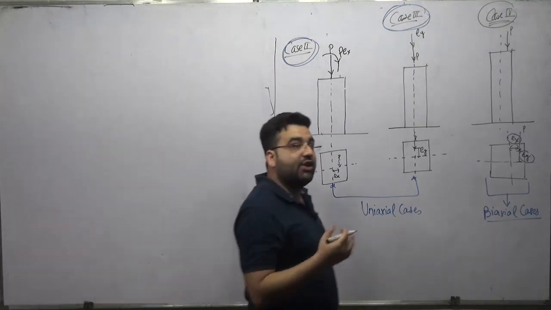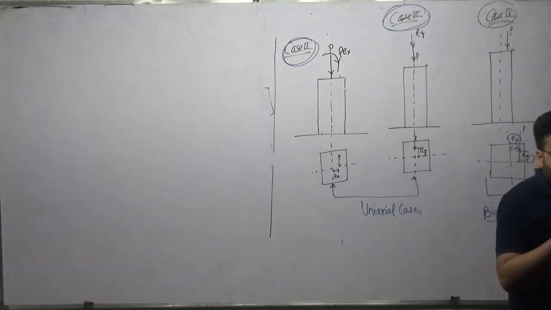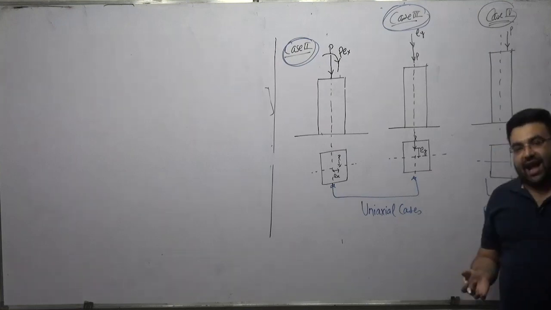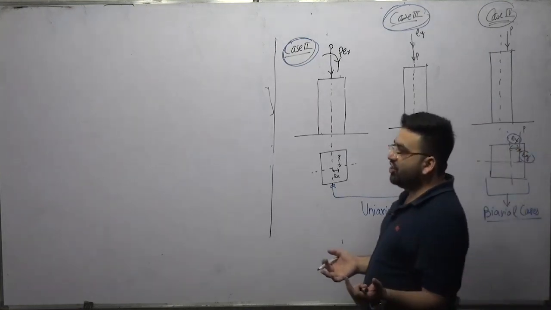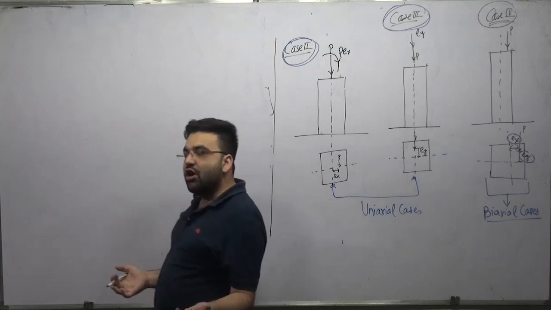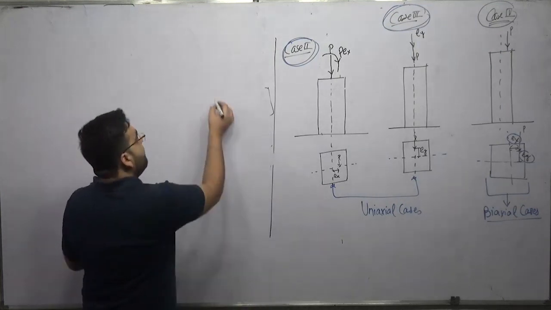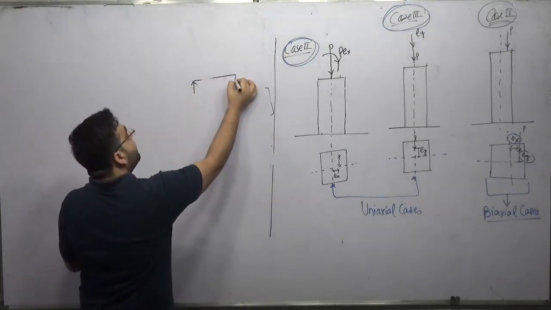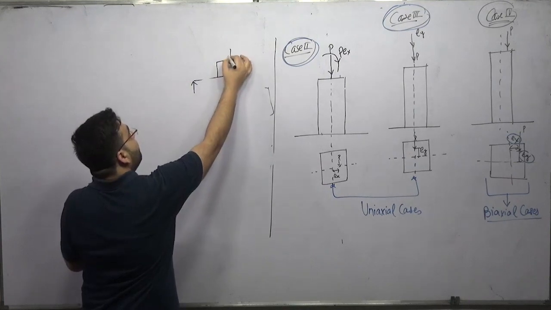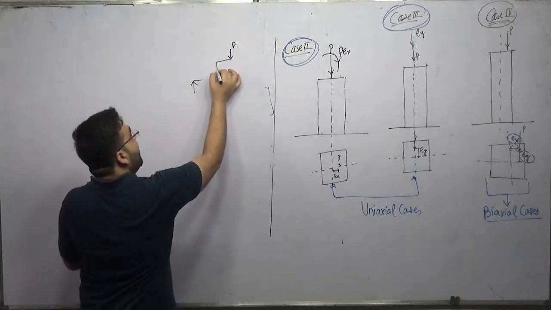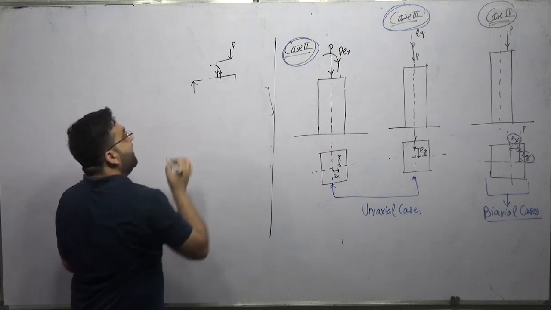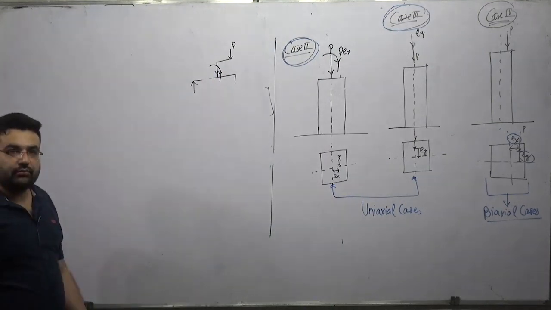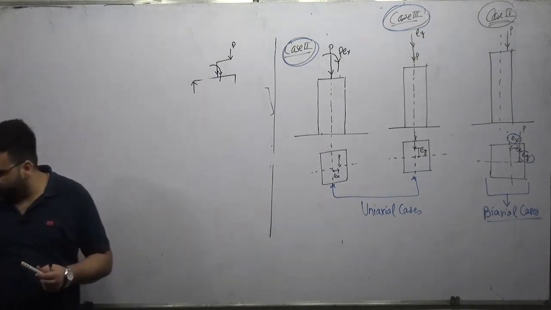This is what we have studied in engineering mechanics, as well as when we were drawing the shear force and bending moment diagram. For example, if you remember, let us say you have a beam like this, with some loading P. We used to transfer this load here along with some moment. Clear? The same we can do here also.